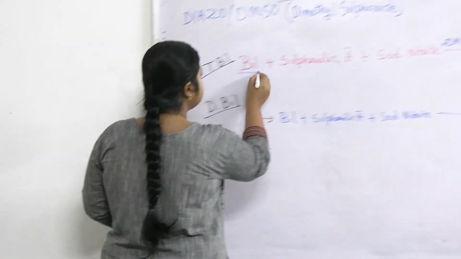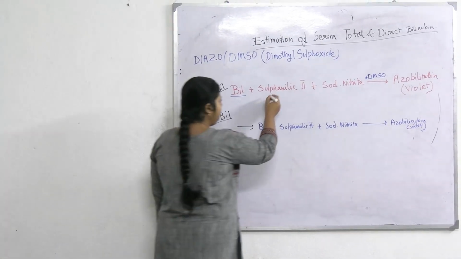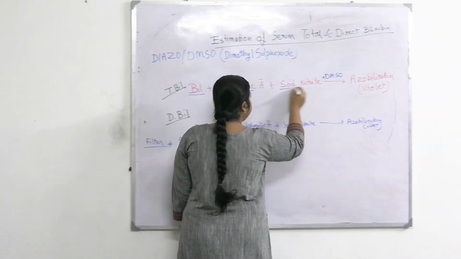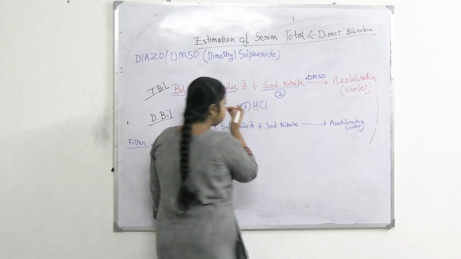The pipette tips we use are disposable tips. We should change the tip once we take a sample, and for the reagent we also change the tip. Clear? Now coming to reagents. What are the reagents present in the kit? From the reaction we can say other than bilirubin, everything should be present in the reagent. So reagent contains sulfonilic acid, number 1, sodium nitrite, number 2, number 3 is HCl,